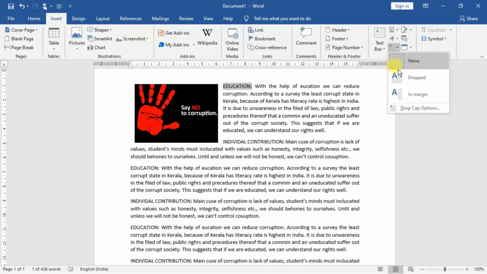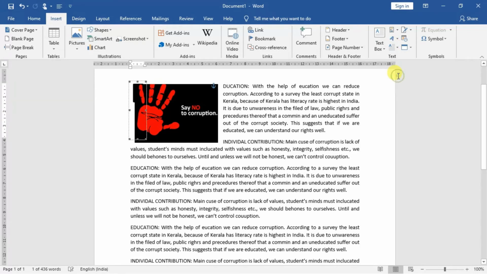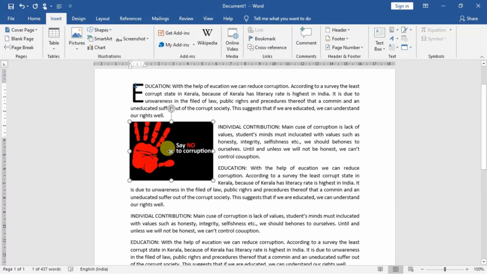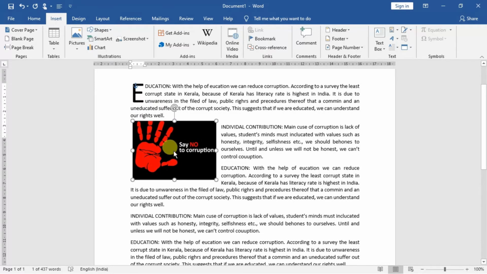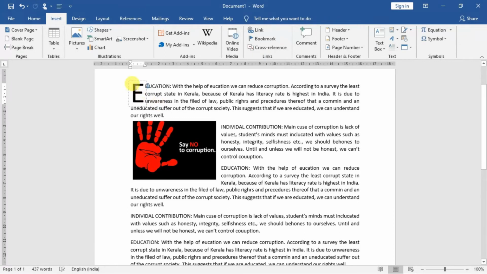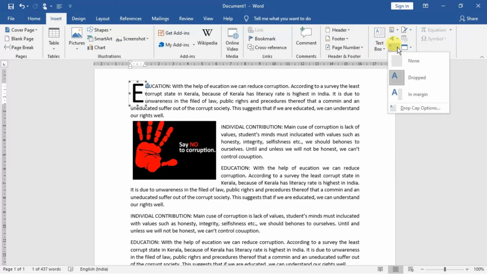First of all, you go over there, then select Dropped, and this one will be dropped out here. You will not be able to see it right now, but you will be able to see it now. So now this has been dropped. This is the kind of style you can see. The chosen character has been dropped down by 2 lines. All right, you can see it out here, and then another option is